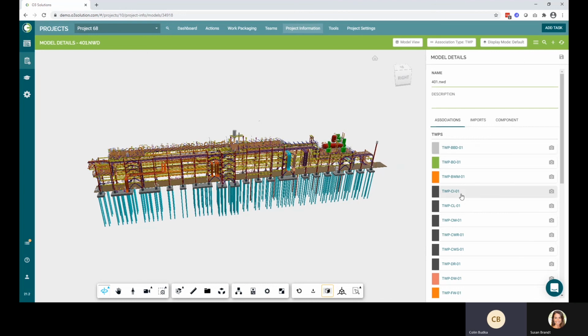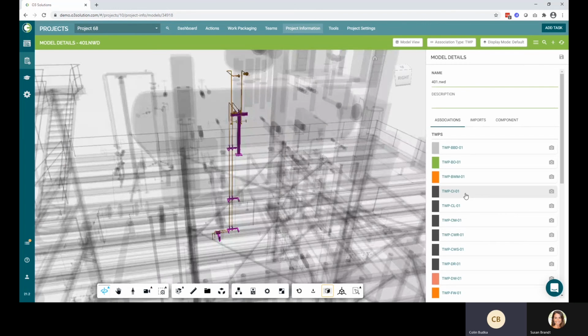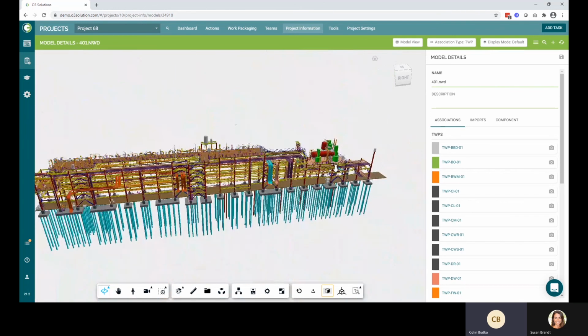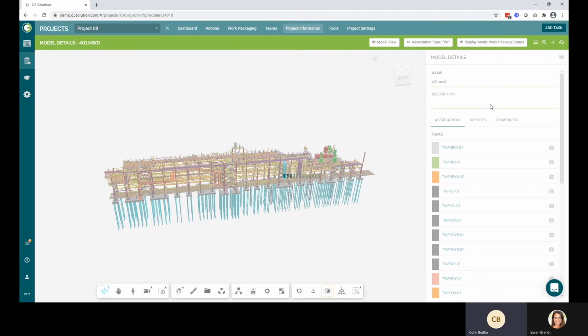So I can go through and filter down to a particular test work package in order to get an understanding of its status, using that status option on the left. Or I can get a look at my overall model and color code the entire model using our display modes. So this lets me swap to the work package status,